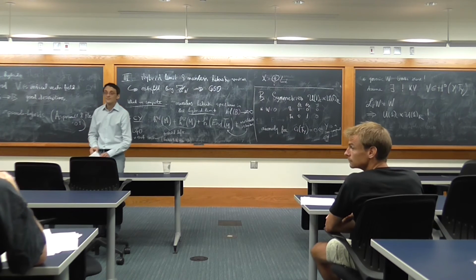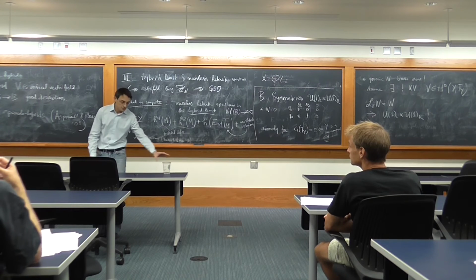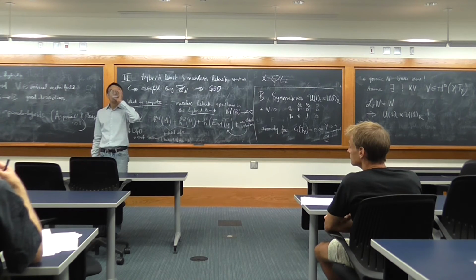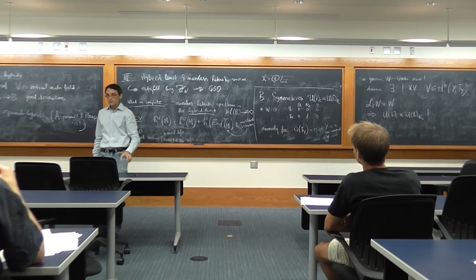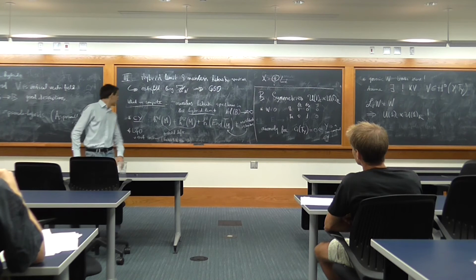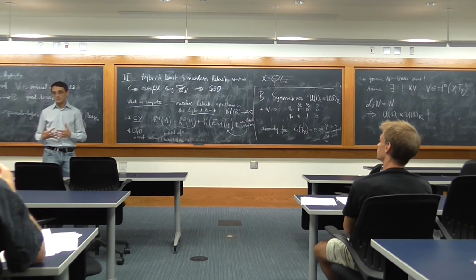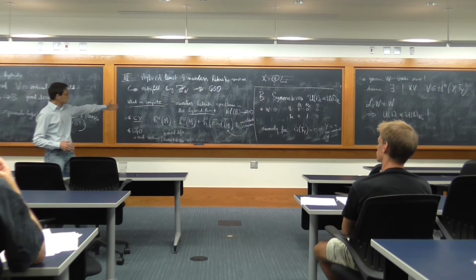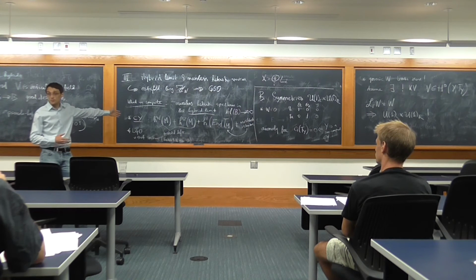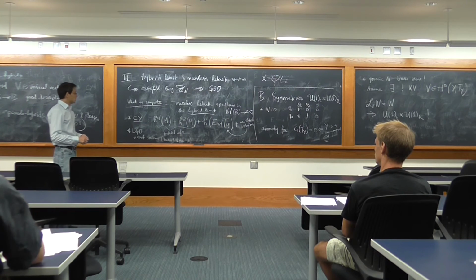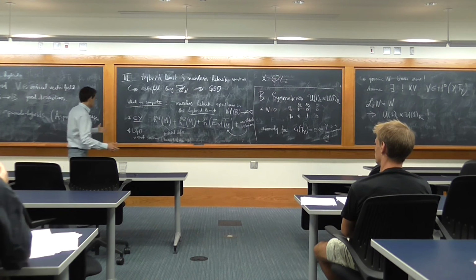So how does this relate to your original motivational comment, where you said that you want to get all orders in alpha prime results? Is this where that comes in? You mean you can derive such results because of this hybrid regime? I can derive constraints. So maybe I cannot... This does not enable me to compute anything like the full superpotential, but I can find some constraints that tell me that